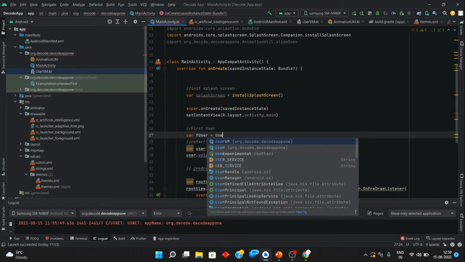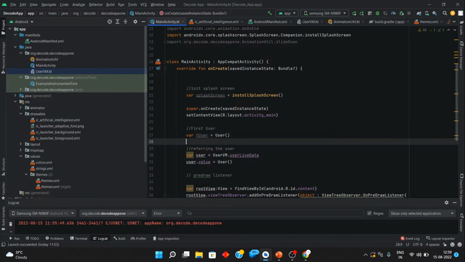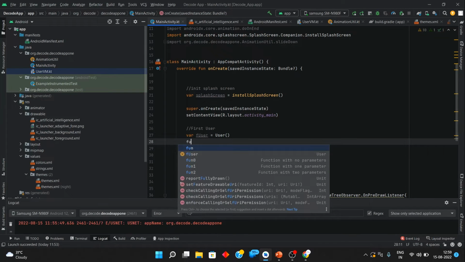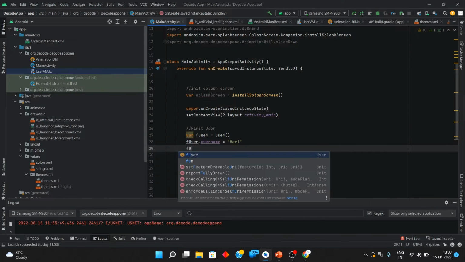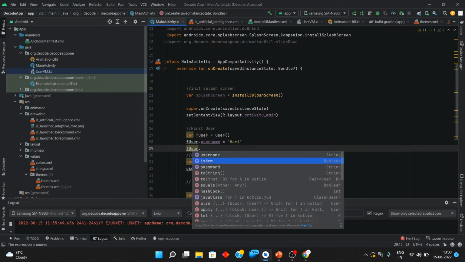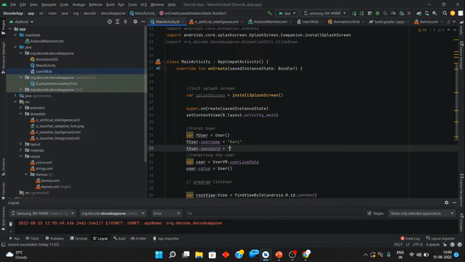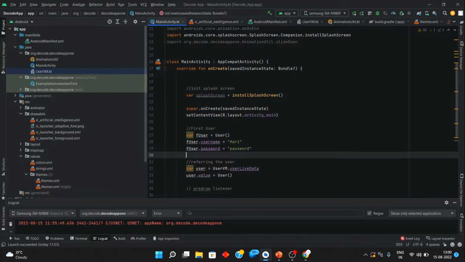We are creating an object for the user, and we are going to set a name for him. Say our user's name is Hari and the password is something like password, and we are going to decide whether this user is new or not. Is new